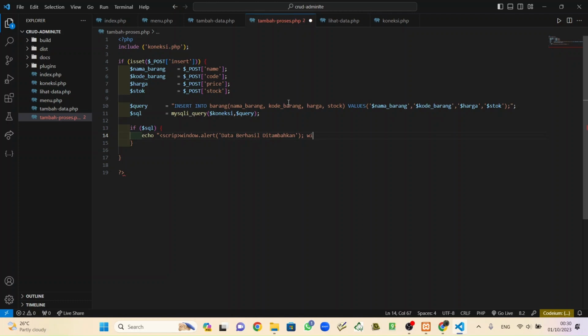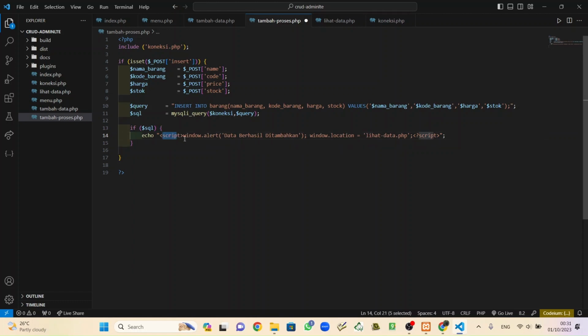The second one is window dot location, lihat data dot php, semicolon, and then close that. Script, semicolon, save.